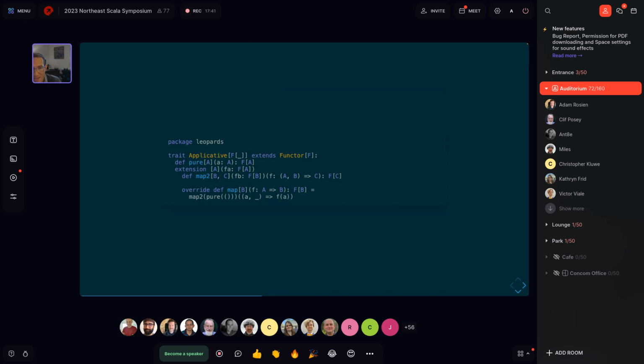Applicative functors, much the same, right? So here's an example. For applicative functor, we define a pure operation as an abstract top-level, direct method on the trait. And then we define a map2 operation as an extension method on an F of A. These extension methods might feel gratuitous if you're used to working with the Scala 2 encodings of these type classes. But one of the things that shifted from 10 years ago to now is that we developed